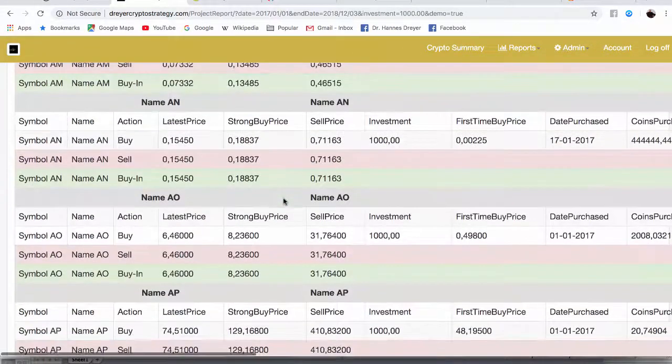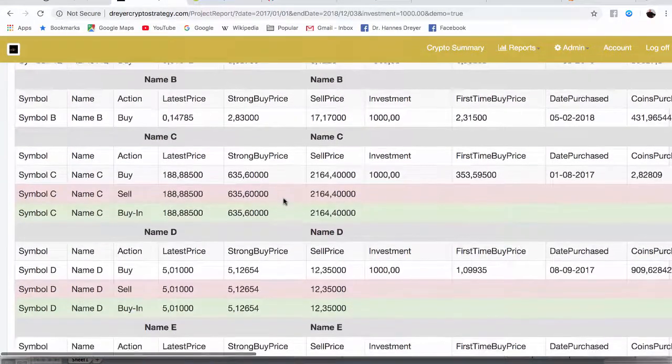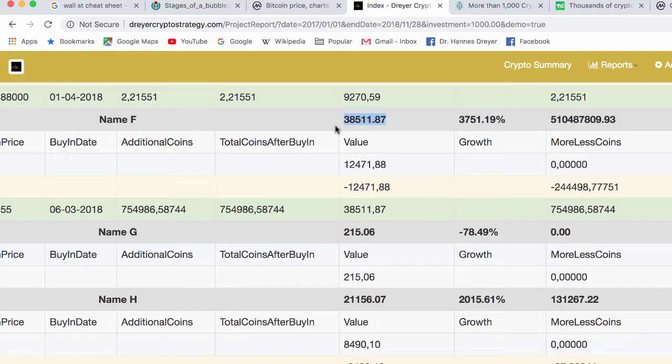So if we look into this, and this is a demo, so I'm not showing you my ticker symbols. On this one, and this is what I mean with the asymmetrical, I've got 38 uniform positions. Let's assume it's $1,000, but it can be $100, it depends on your budget. But for now, I'm going to say it's $1,000 each and every one. So in this case, over the last 2 years, this one grew from 1,000 to 38,511. This one was negative. In other words, my $1,000 is only worth $215. But this one is positive, and my $1,000 equals